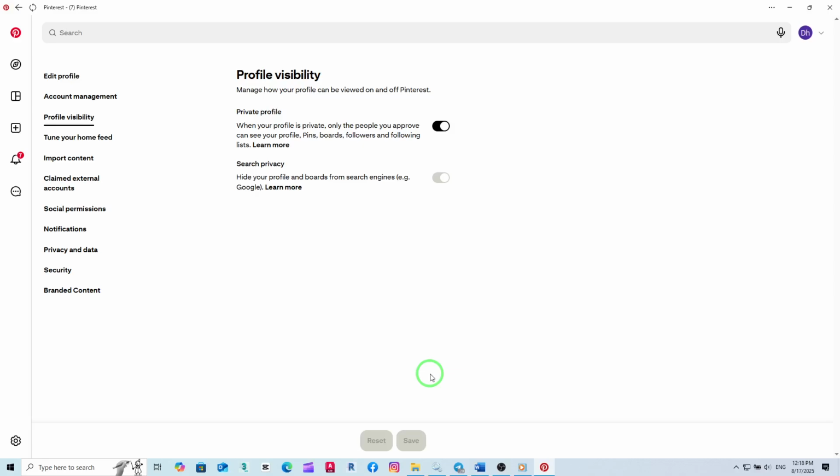With your profile set to private, your pins and boards will also be kept secret by default, so only approved followers have access to your content. This is an excellent way to keep your ideas and interests safe from the wider public. Remember, privacy settings like these help you manage your online presence, ensuring that your Pinterest activity is shared only with